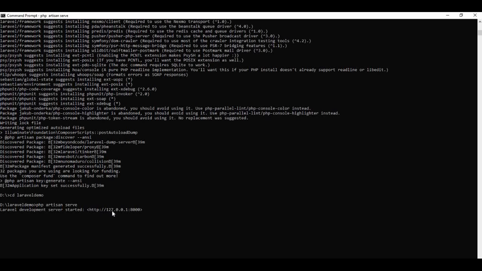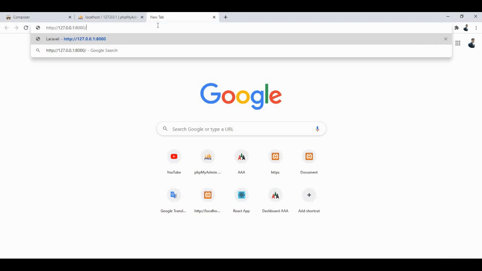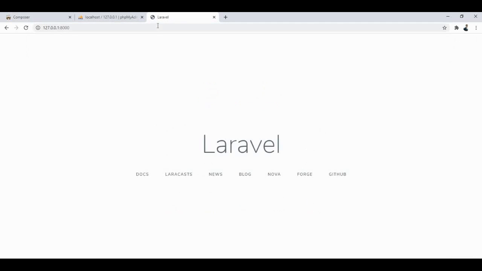It will automatically open in your default browser. If it does not open, you just have to copy this link and paste it in your browser, and here you can see, guys, our Laravel project has been created successfully.